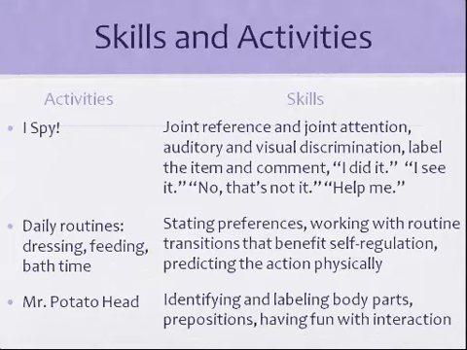Joint reference is a form of communicative act in which two people may look at something and then at each other. So I'm not here to argue the fine points of joint reference or joint attention, but I think it's an interesting example, for at times a child could be looking at something, you could be looking at something, but it doesn't mean you're communicating about that act together.